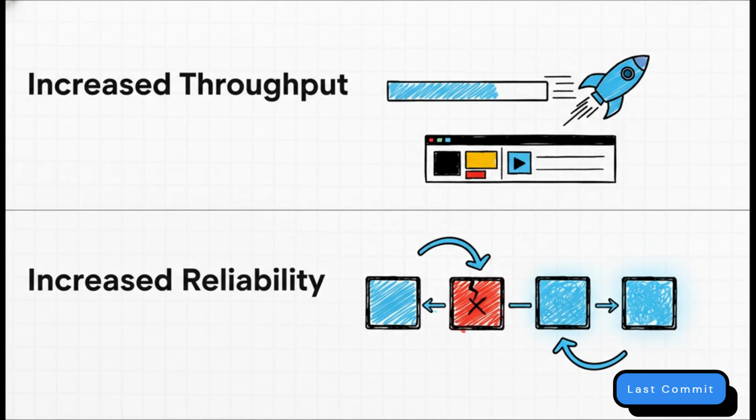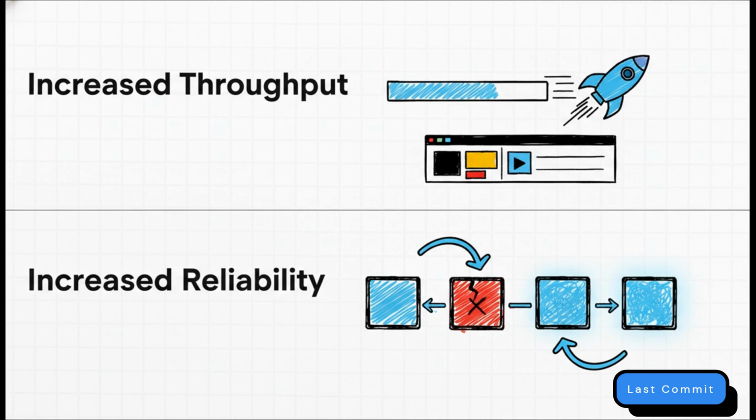And the benefits here are just huge. First off, you get a massive increase in throughput. Simply put, the computer can get more work done in less time. This is crucial for things like high-end gaming or editing 4K video. And second, you get a big boost in reliability. If one of those cores happens to fail, the operating system can just hand its tasks over to the others